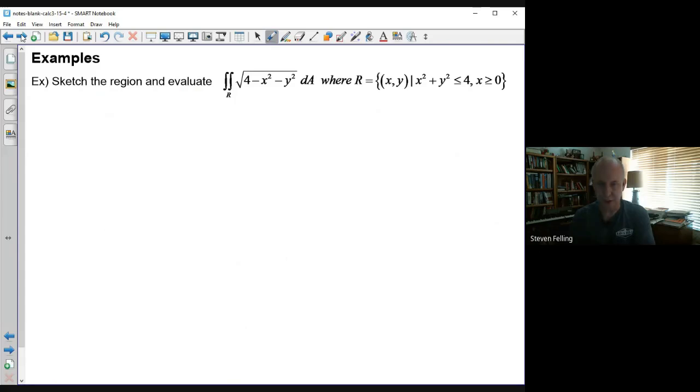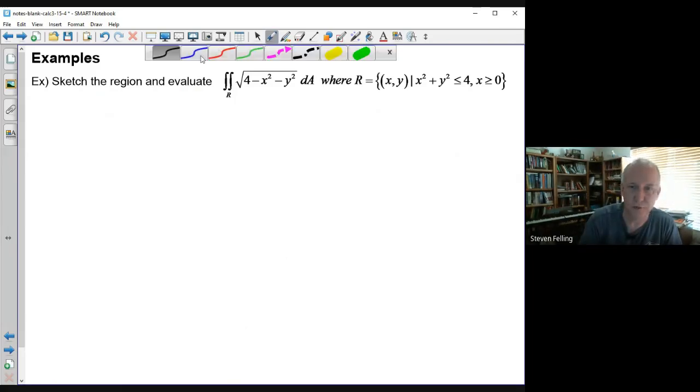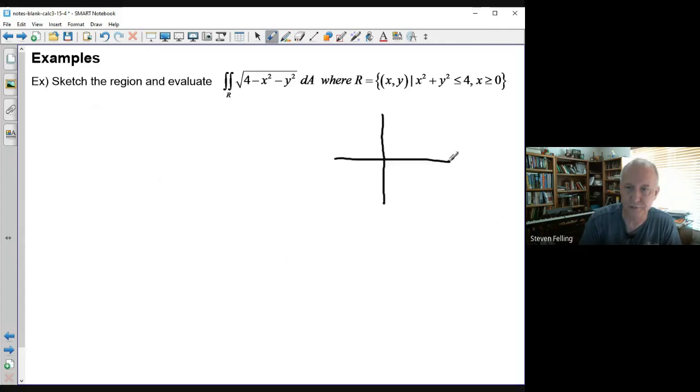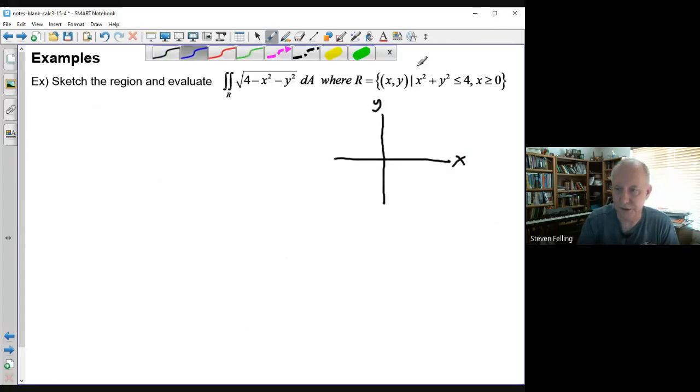So we want to integrate the values on the surface, but only over a region, and the region is defined by this. So first we'll have to start by sketching the region. So we'll start by sketching the domain. This appears to be a circle. This is a circle with radius 2, right? So if I go out here to 2, radius 2, and draw a circle,